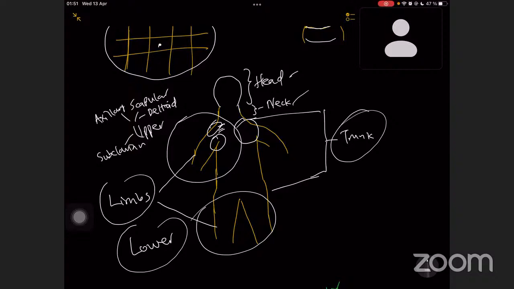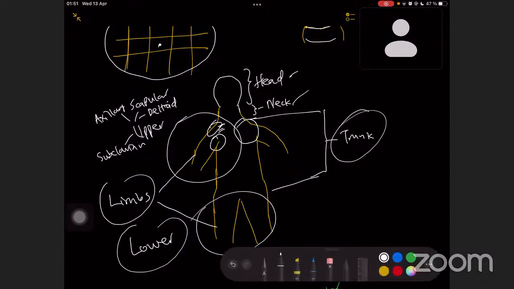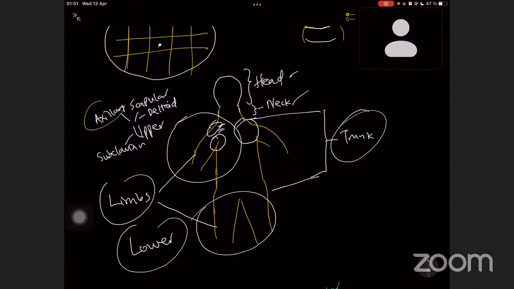And in the region of the upper limb, you have the axillary region, the scapular region, the deltoid region, the subclavian region. So within the limits of the region,